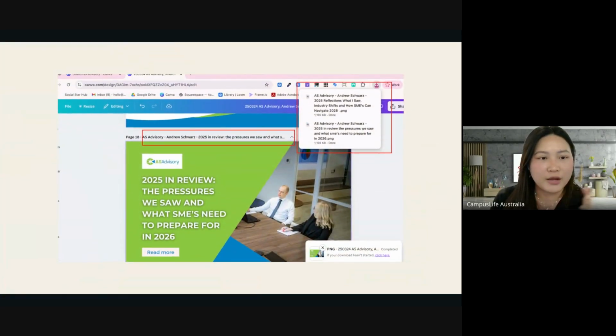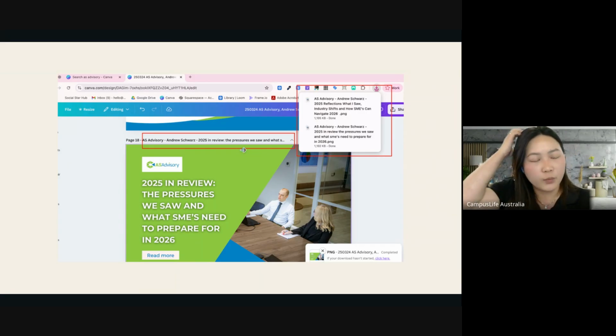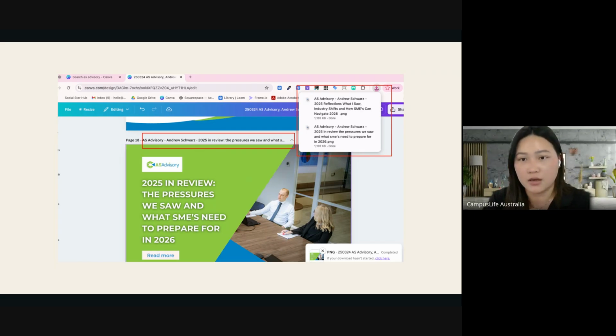Okay. And within the warm phase, something that I find really important in my workflow of creating content is adding the name of the file into the Canva designs. The structure I usually use is the company name, and then the person name, and then the name of the blog post. That way, when you save or download the graphics, because this one is the blog article, right? And then when you publish the blog, it's not only just the blog copy. It comes with the caption and it comes with this thumbnail, right?